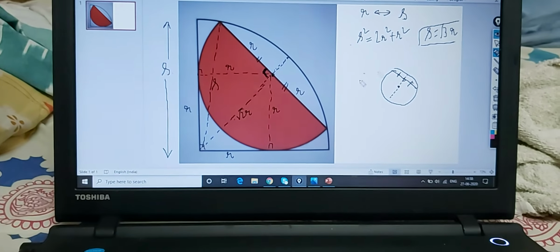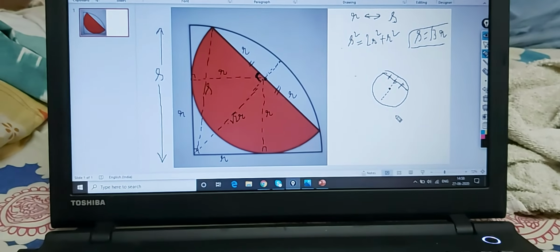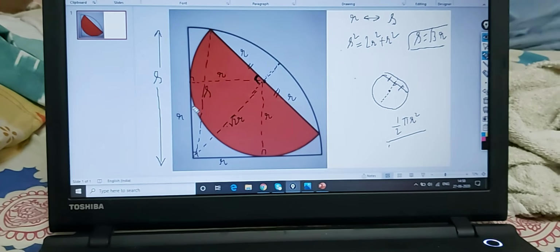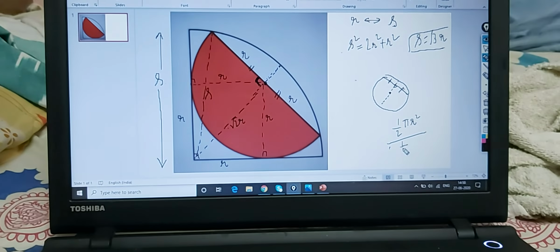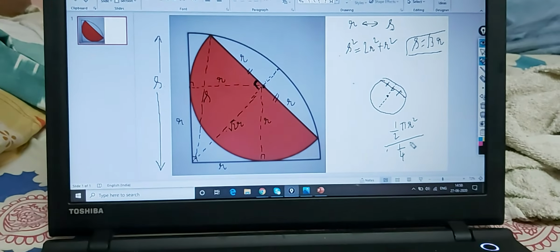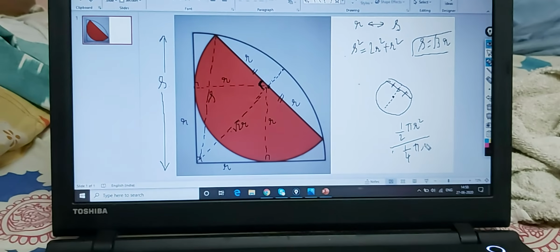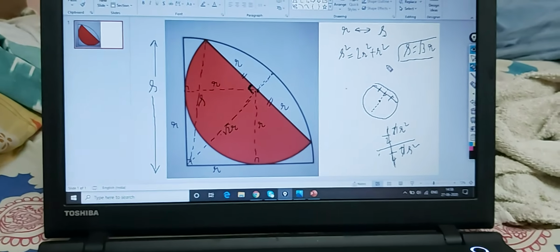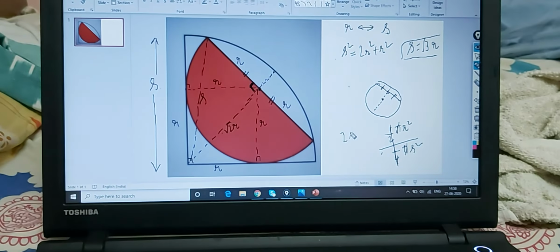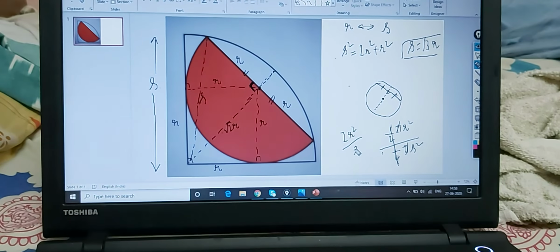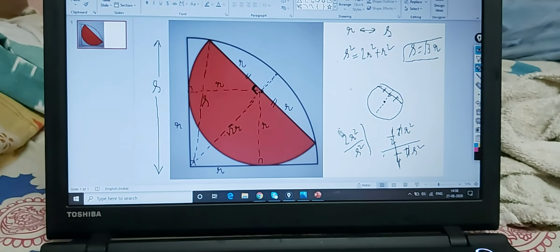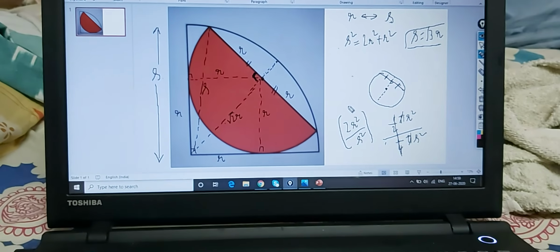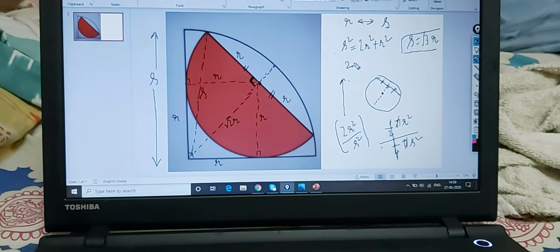This is the relation. Now what is the area of the semicircle? Semicircle is half pi r square. What is the area of the quarter circle? It is one fourth of pi s square. So you can directly eliminate pi. 2 will go up. So what is the ratio now? 2r square by s square. This is the fraction, right? This is what we seek to find out. Now just substitute s. You will get this as 2 by 3.